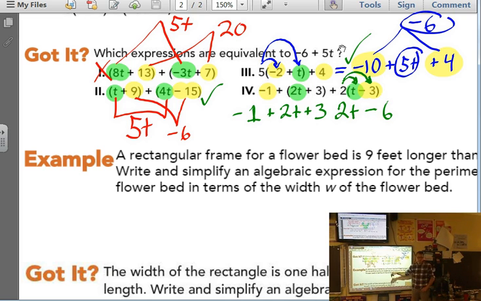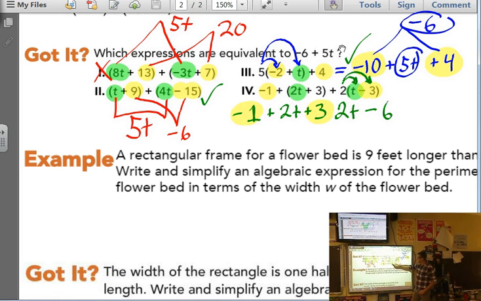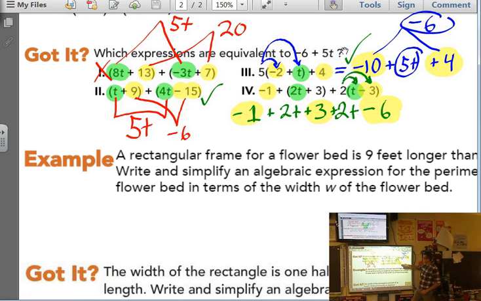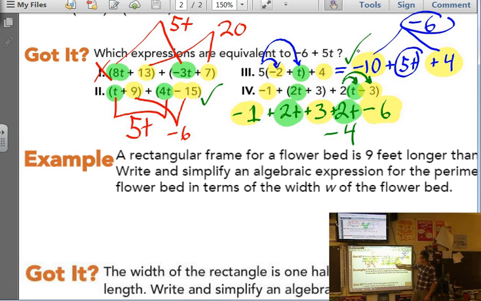Yeah, and this is where the t's really get annoying. So I'm going to color code constant, constant. I missed a plus sign. Constant. So let's combine all these. I already start with a negative 6. Then I have a 3 and a 1. So negative 1 takes me to negative 7. Then I go up 3. Where do I land for my constants? Negative 4. When I combine my variable terms, 2t, 2t,